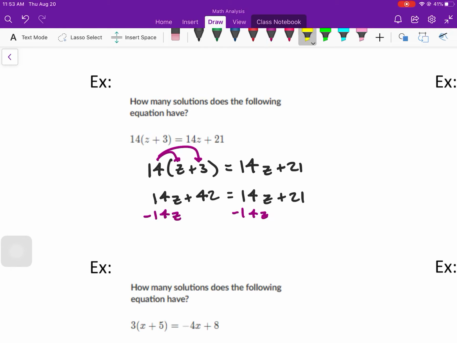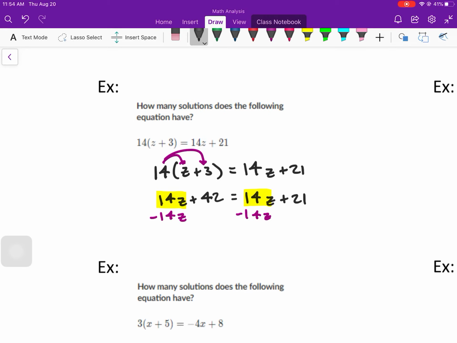And that's what you notice. This is kind of an indicator, and you're going to see this pattern as you do these problems. Look for the pattern. It's going to help you in the next assignment. So I can already tell from the start of the problem that these 14z's are going to cancel out. And that's where the confusion happens a lot of times, that people think, okay, do I put 1z? Do I put 0z? So yeah, it's technically 0z, so the z is just going to go away. So 14z minus 14z just goes away, and you're left with 42